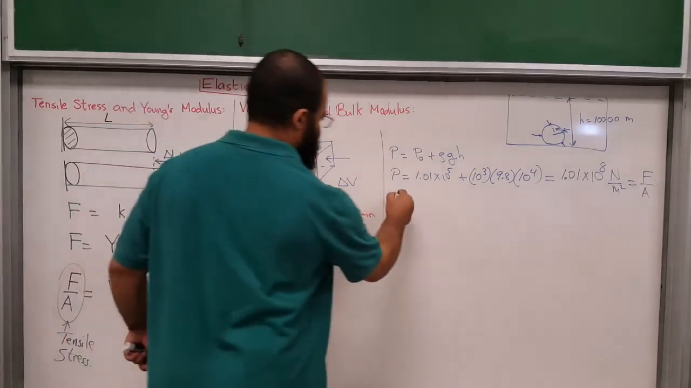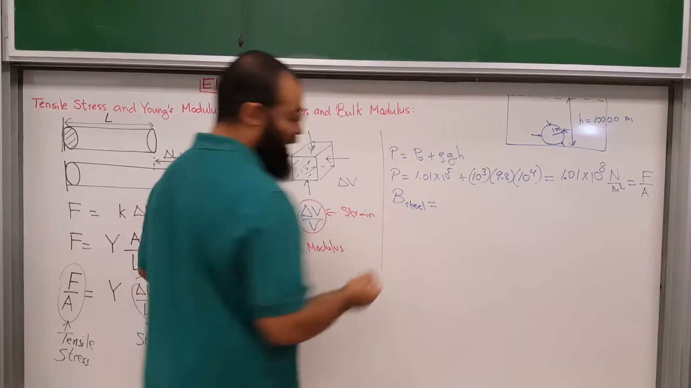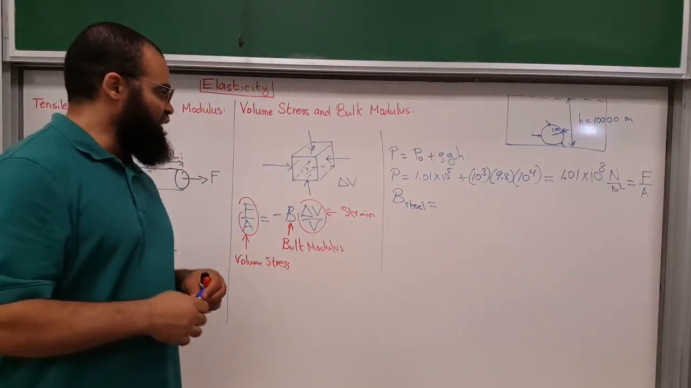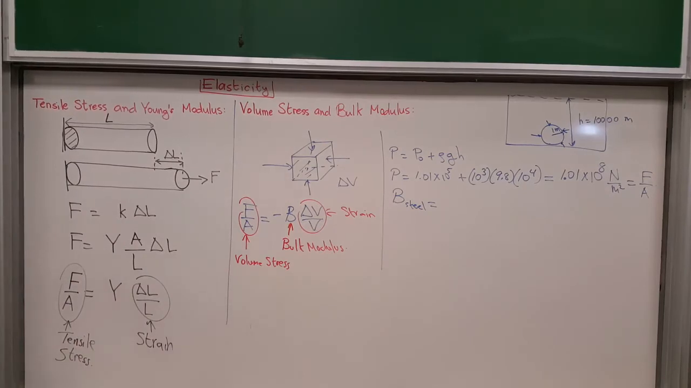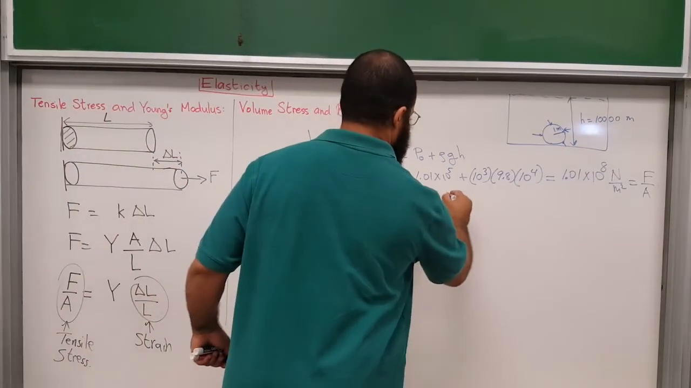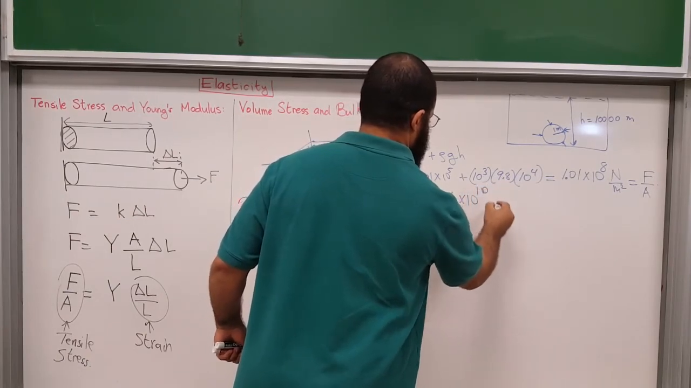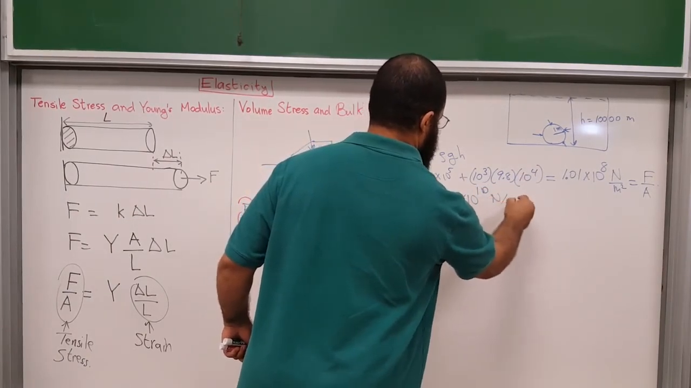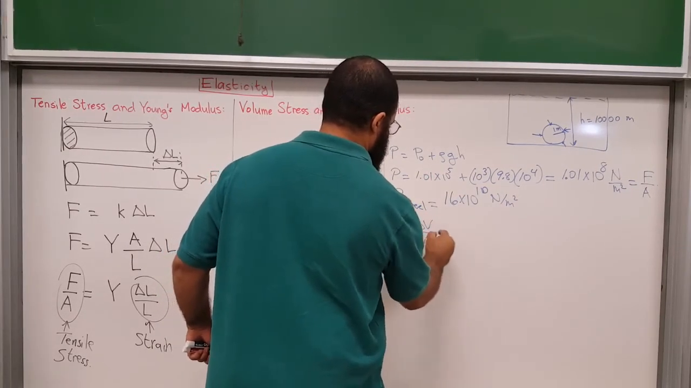B for steel, it's in a table. So in a test or something, you will be given that. So let me just write it for you. So for steel, I think we said it is 16 times 10 to the 10th newtons per square meter. Therefore, delta V over V will be